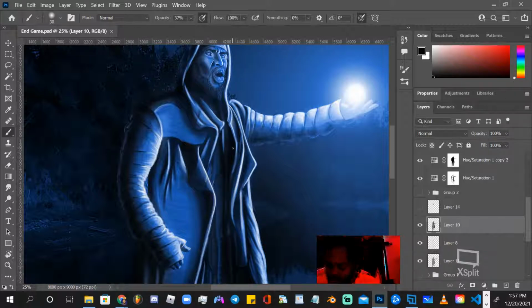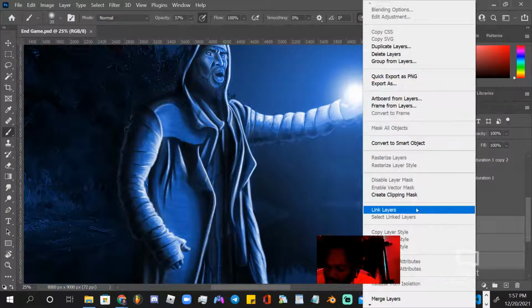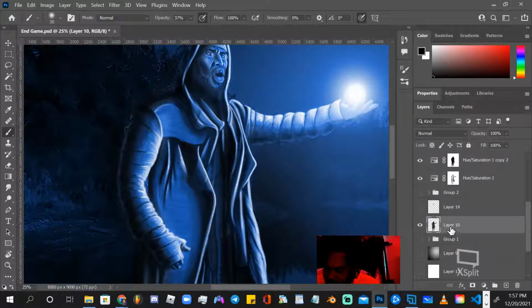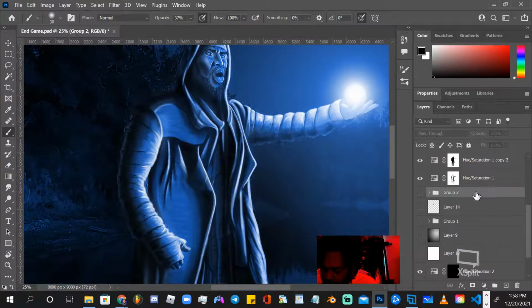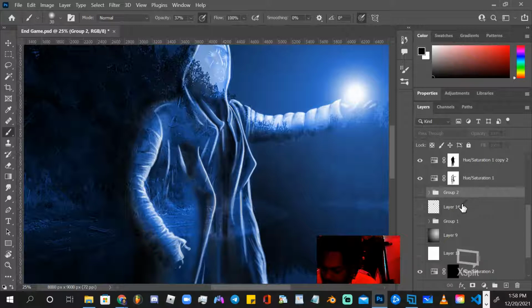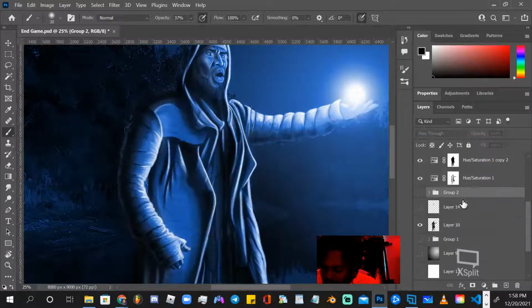I think maybe I should just go ahead and merge these down. Yeah, let's do that. Let's get a merge going. So I can work with what I'm working with without the hassles. Let's bring this layer up here. See how that changed everything? And this stuff is not even showing.